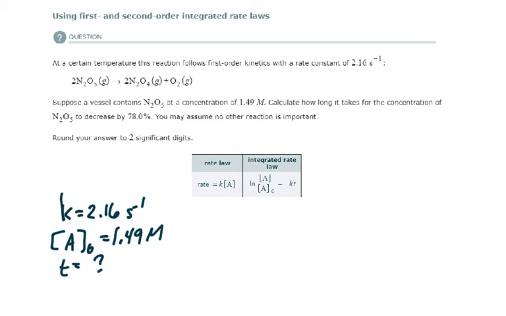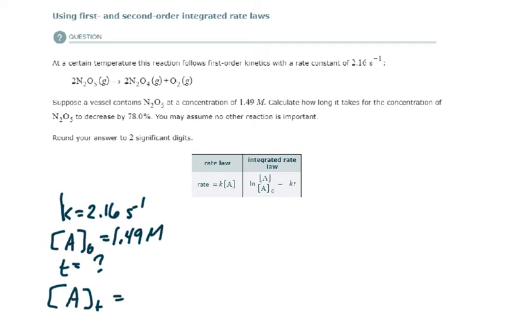So the last thing we need is the concentration of N2O5 at that time. As long as we have that, we can plug it in here, and the only thing that we don't have is t. But how do we find the concentration of our reactant at that specific time? And this concentration is supposed to be 78% less than this. Well,